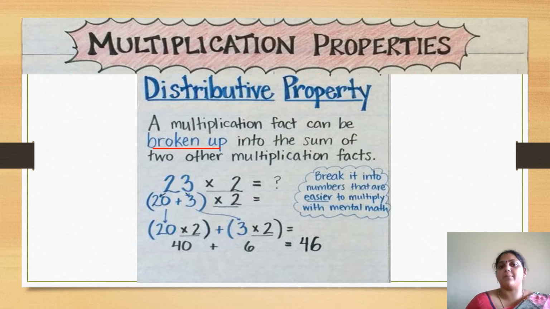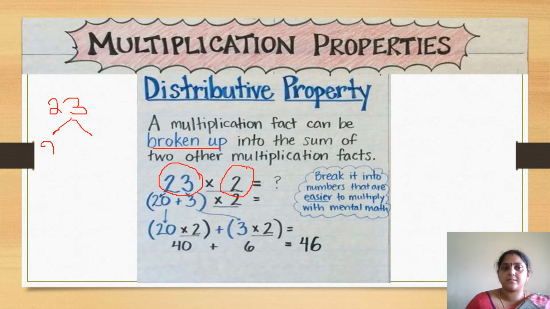First, suppose my number is 23 and it should be multiplied by 2. 23 is my multiplicand and 2 is my multiplier. Now I want to find out my product. Here I am going to distribute this 23 in two multiplication facts. So how can I do this? This 23 can be converted into the expanded form, that is 20 plus 3, right? Now how are we going to multiply this 20 plus 3 with our multiplier? In this case we have to multiply each number with our multiplier, that is 2. 20 should be multiplied by 2 and 3 also should be multiplied by 2.